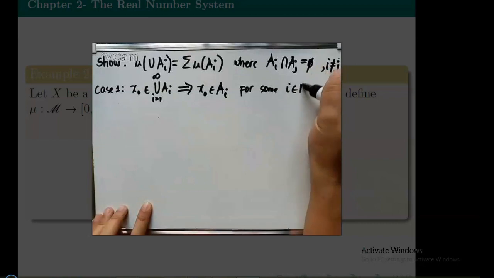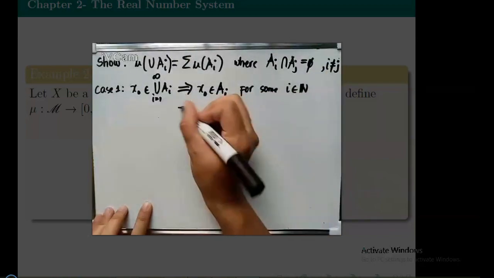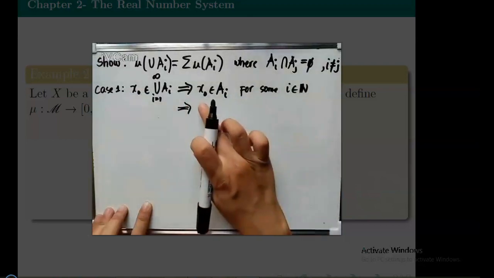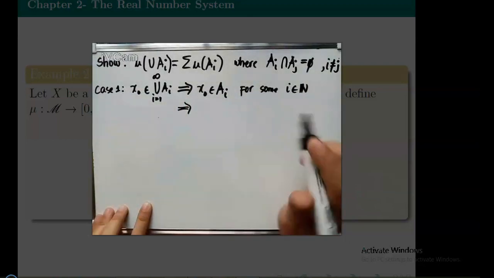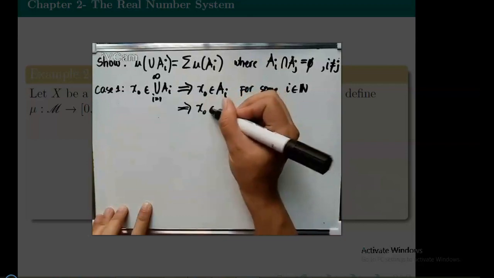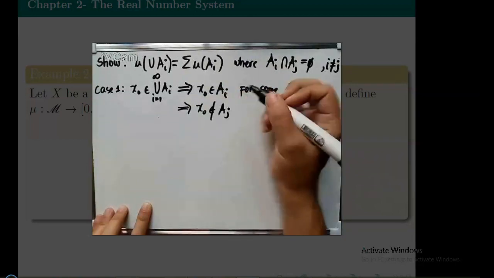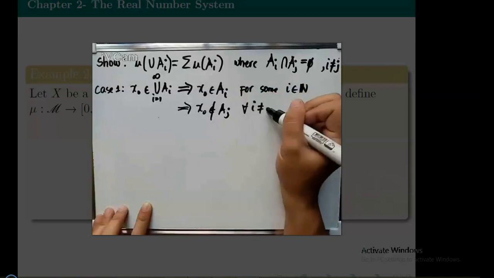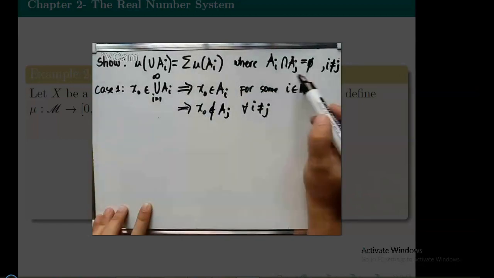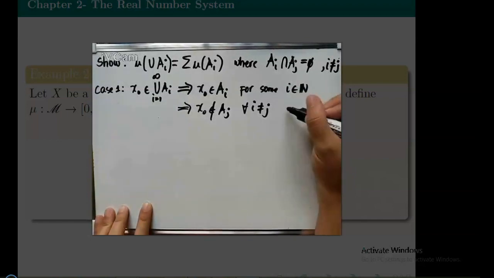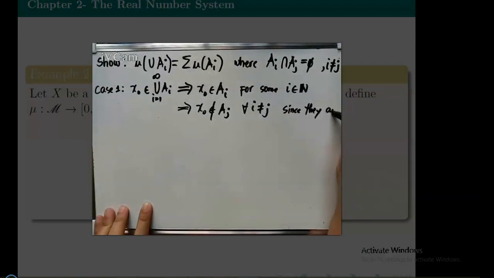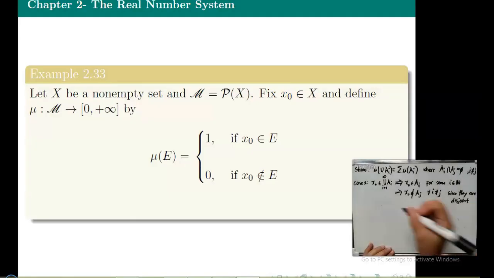Since x sub 0 is in A sub i for some i, therefore x sub 0 is not in A sub j for all i not equal to j, since we have our condition that they are disjoint. Since they are disjoint, A sub i and A sub j, it follows that